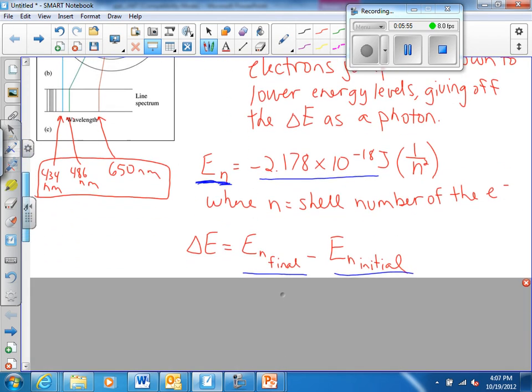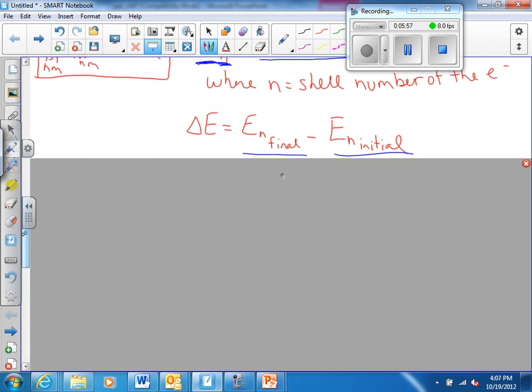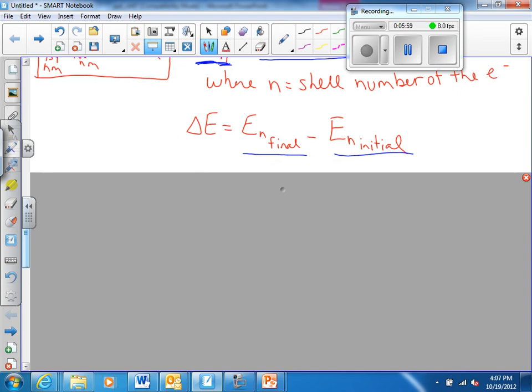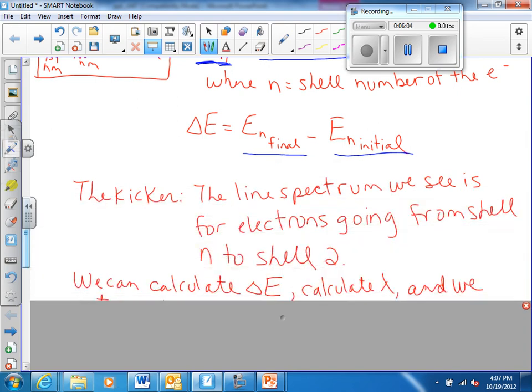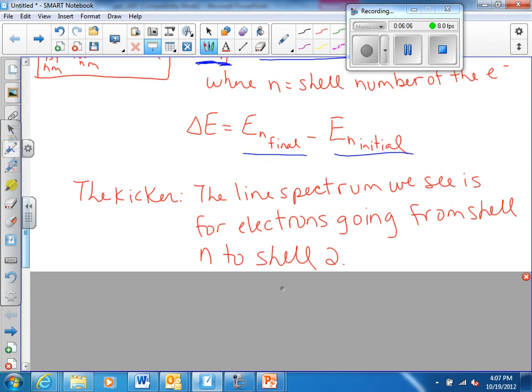And we're going to go through and actually do that calculation. We're going to find something that's so cool. So here's the kicker. The line spectrum that we see is for electrons going from any shell n down to shell 2, not including shell 1, because we have to go down from somewhere down to shell 2. So in fact,